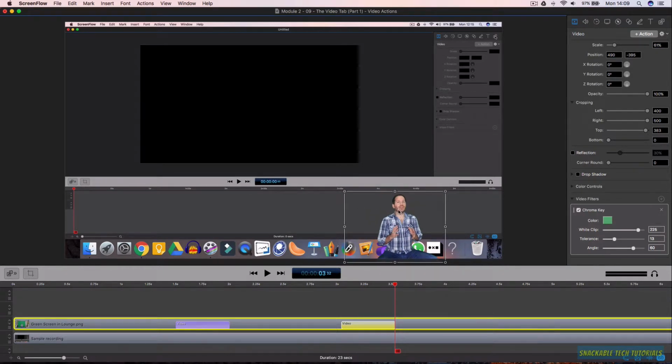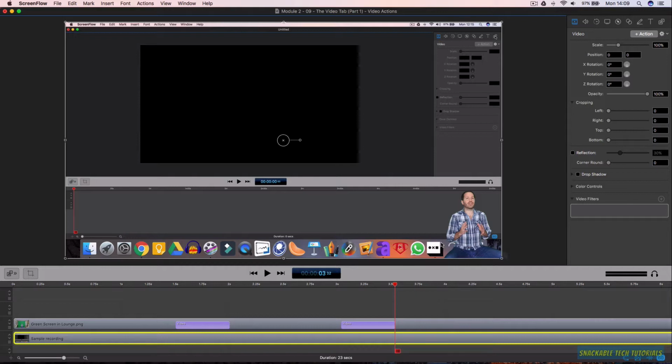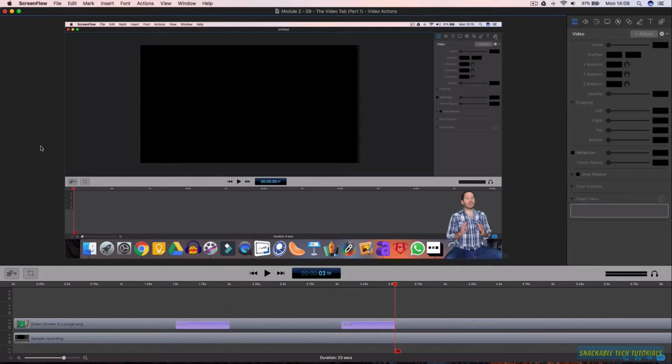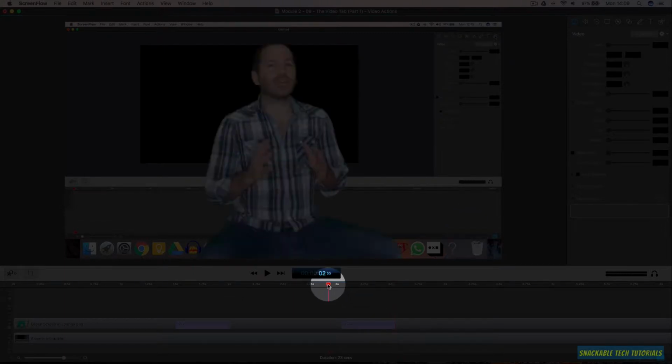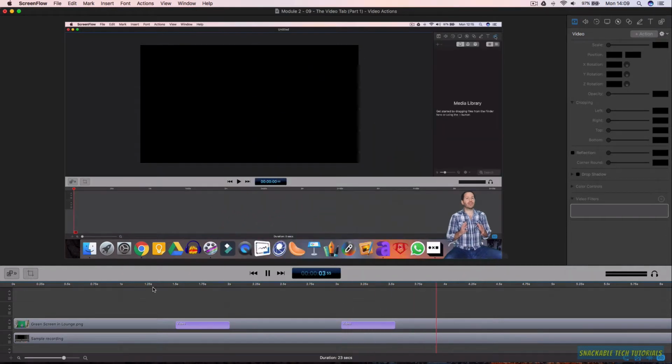If you're happy with that size, move it. Maybe you want it about there. Can you see what I mean? For me, I just don't really want myself down in the lower corner. I find that it can be a bit distracting sometimes, having someone moving around down there. It depends. Anyway, so we want to be in that position after the action. So if we come back here and press play, okay, and so if you come back here,